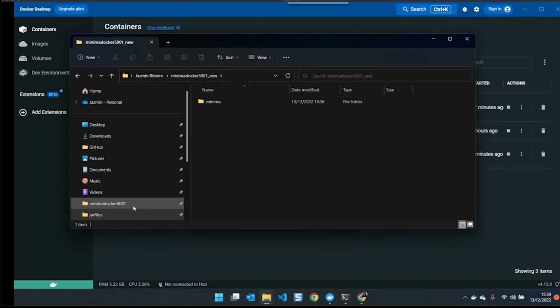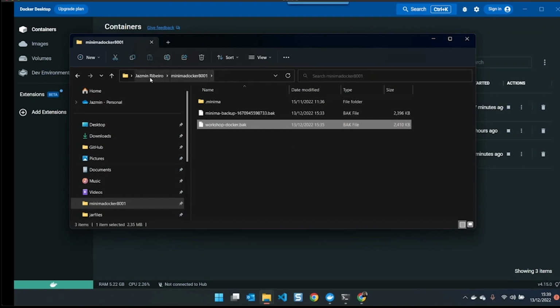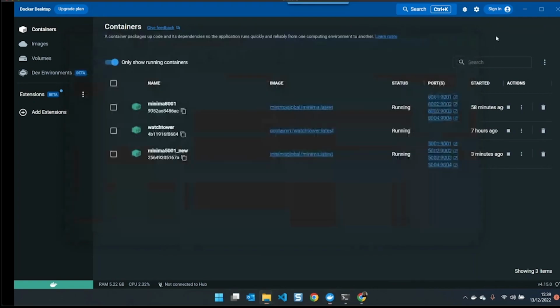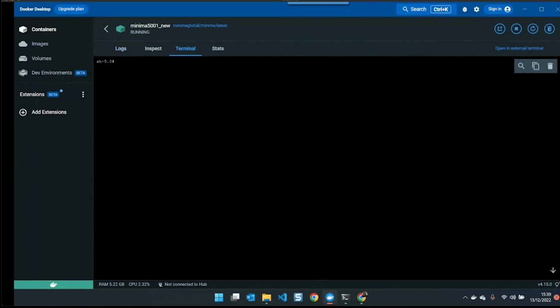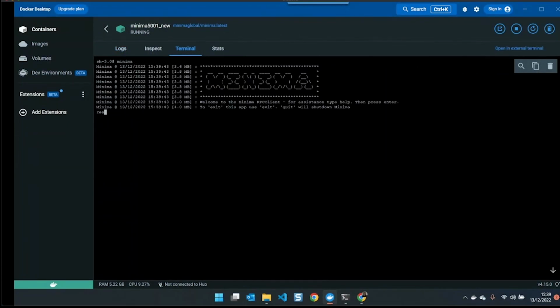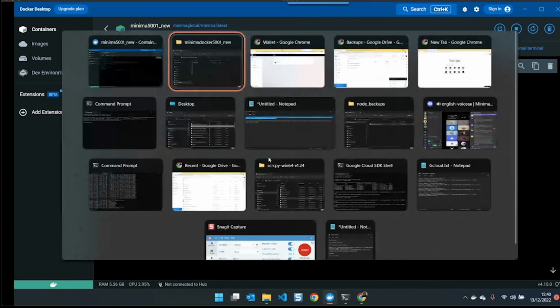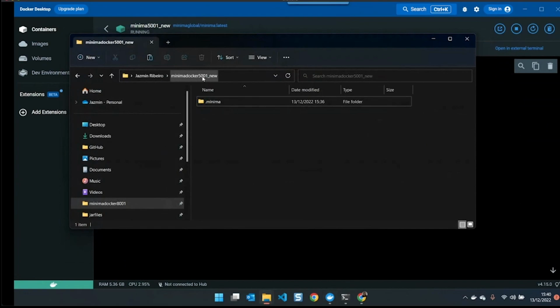So I'm actually going to copy this into my 5001 node. And actually, I can just show you how it looks if I try and do it without. If I try and restore the file, workshop, it's going to say restore file doesn't exist. You can see it's looking in home Minima data, which corresponds to this Minima Docker 5001 new folder. So if I now put that backup in this folder,